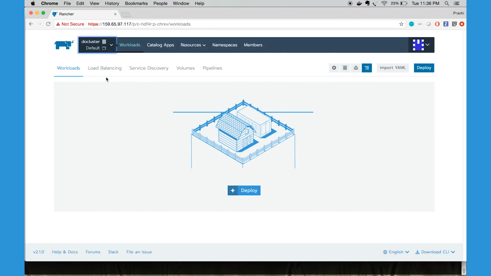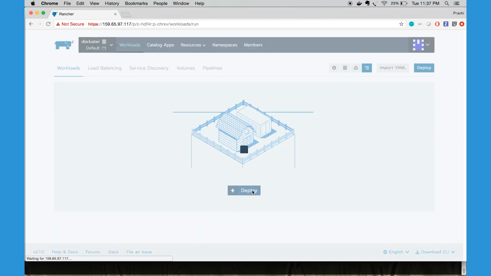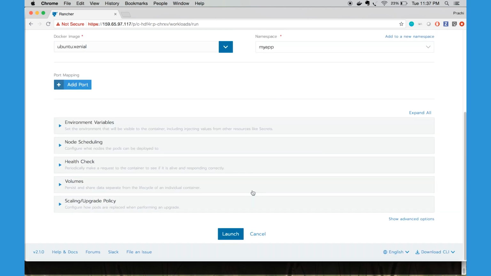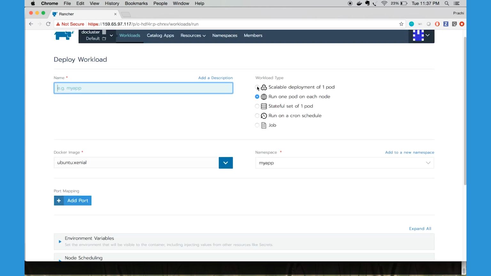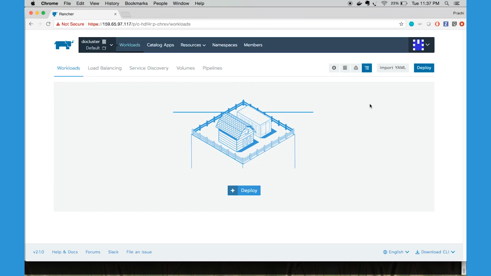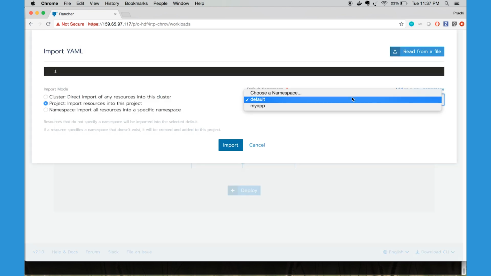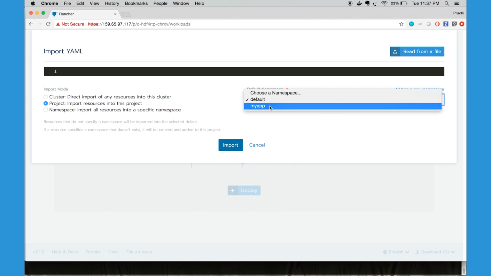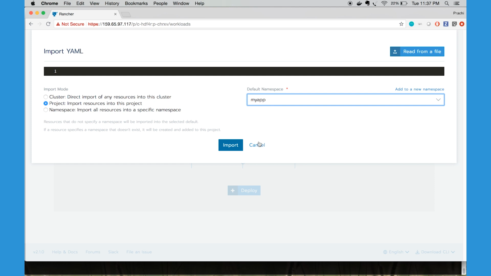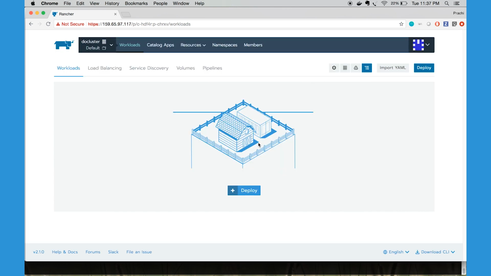Now let's go to the default project in my cluster and see how we can deploy the workloads. Here under the workloads tab, you can use the deploy functionality and specify the workloads that you want to deploy under your project. The other way is by importing Kubernetes YAML specs to the namespace of your choice. So the YAMLs that we have just created, we can upload here directly to the namespace myapp to migrate the 1.6 application. But there is another way as well to deploy the YAML specs,